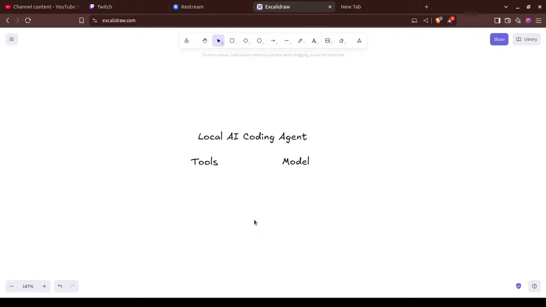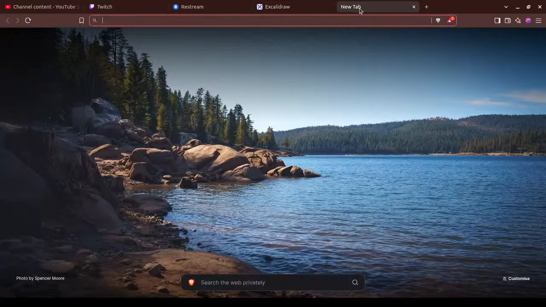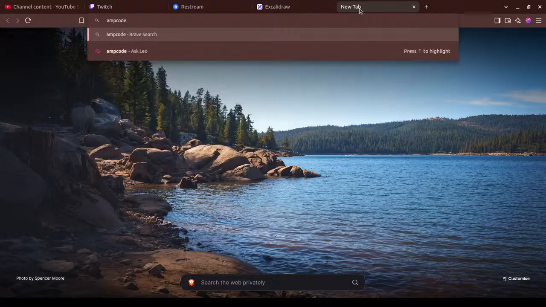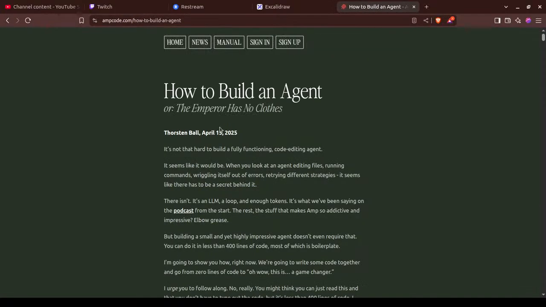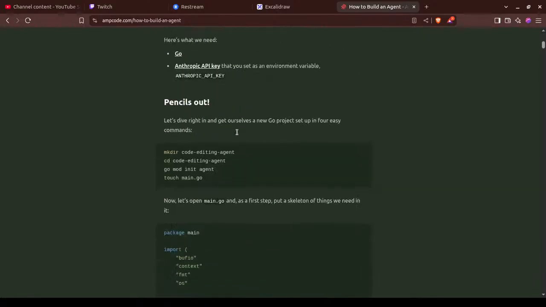So I need to understand why this works, because it's quite simple, as I have learned from one of the articles, which was from AMP code, or I don't know what the title of that really was. How to build an agent, I think. Or was it? Yeah, I think this was the one.